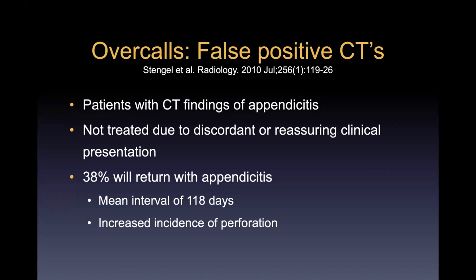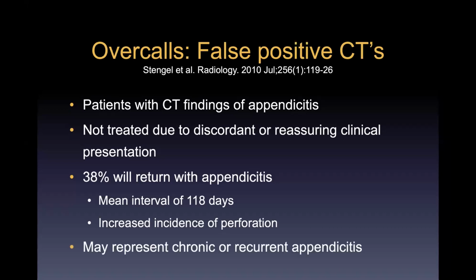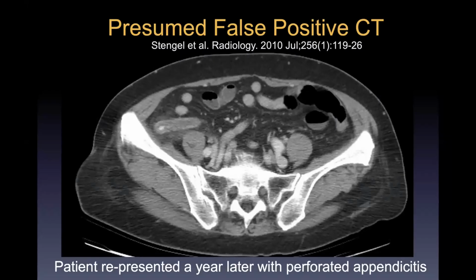And what we think is going on here is that these are just cases of chronic or recurrent appendicitis. So it looks just like acute appendicitis at CT, that's what we call it, does not fit clinically because the patients don't actually have acute appendicitis. But in these cases, the appropriate thing to do is to do an interval appendectomy non-emergently and not just send the patient home to forget about them forever. So if you ever have this circumstance where you and the surgeons are disagreeing, please suggest a diagnosis of chronic or recurrent appendicitis. This was one such case.